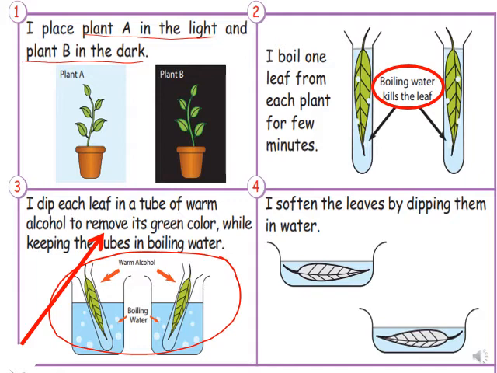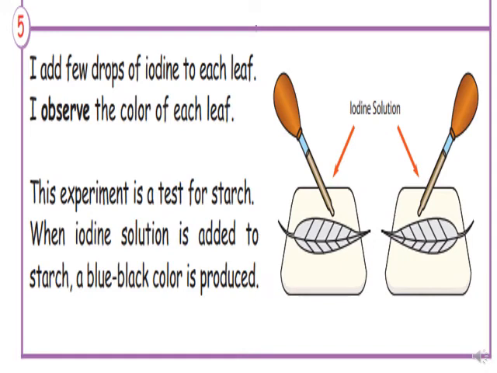So first we have two plants, A and B, one in darkness and one in light. We boil leaves from these plants, plant A in light, plant B in darkness. The boiling water kills the leaf, and we also dip them in warm alcohol to remove the green color. Then we place them in water to soften them and to prepare them for the 5th step, which is adding the